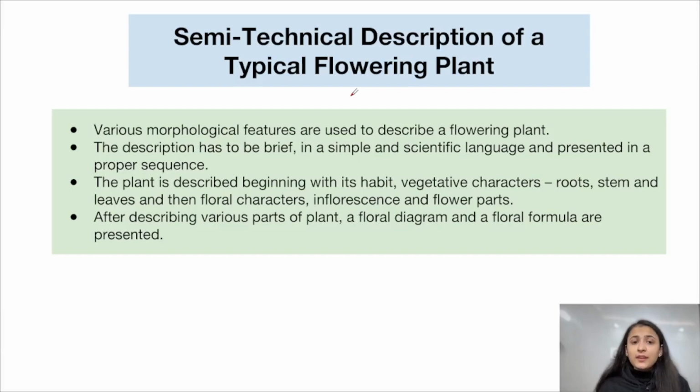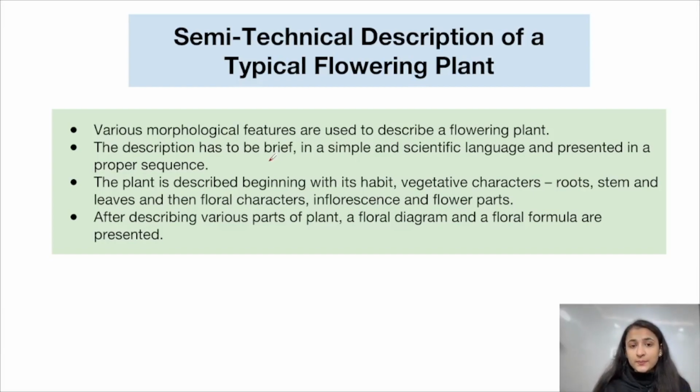How are the flowers arranged? Then we go into more depth: what are the internal structures of the flower? How is the androecium present? What is the arrangement of the sepals and the petals? How does the gynoecium look? So various morphological features are used to describe a flowering plant, and this comprises the semi-technical description of a typical flowering plant. When we describe a typical flowering plant in technical terms, we call it a semi-technical description. The description has to be brief and simple in scientific language,